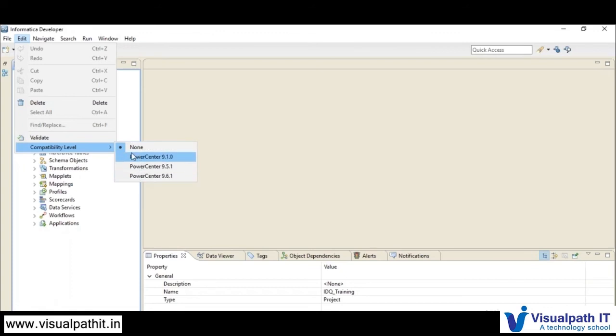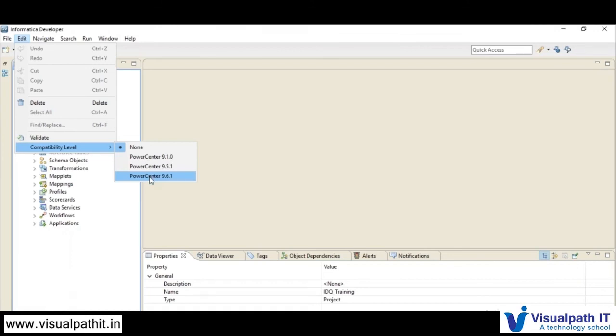This option will let you know which Power Center versions are compatible with this IDQ version. Currently we are on 961, so the latest 3 versions will be compatible. That is something you should know whenever you are working on the 961 version.